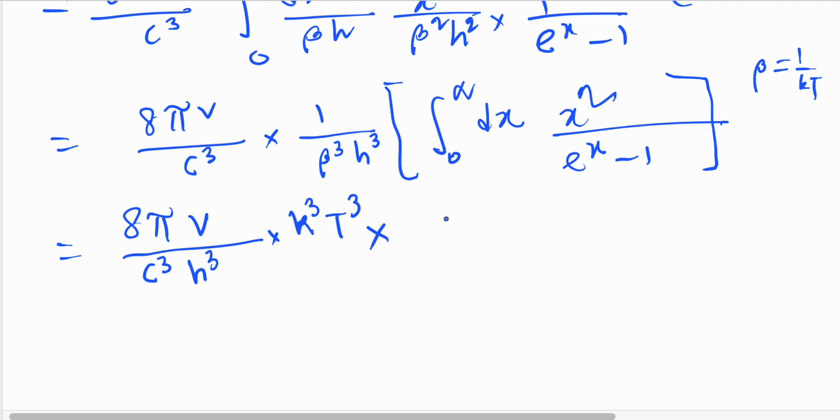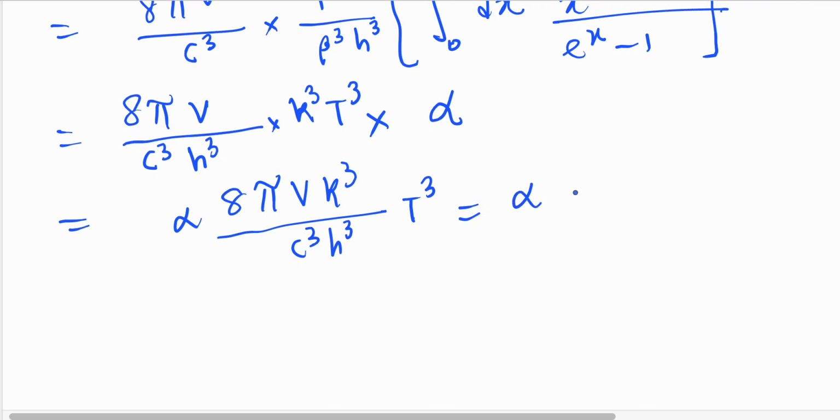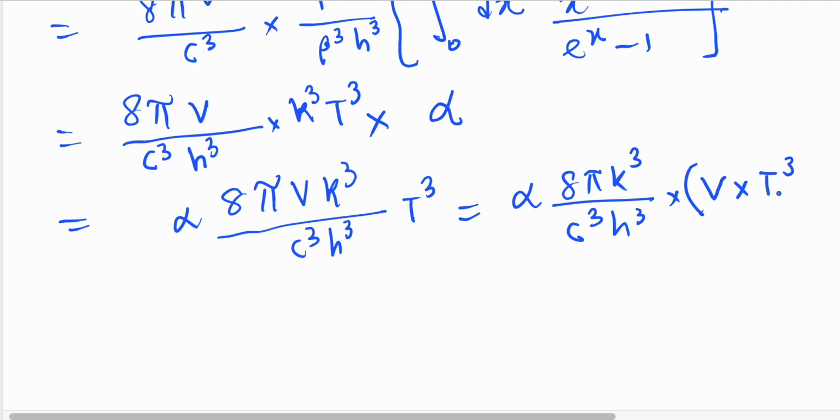Suppose this constant is alpha, so that means it's 8 pi V k cube by c cube h cube, T cube, into some alpha. Now you can see from here that 8 pi k cube by c cube h cube